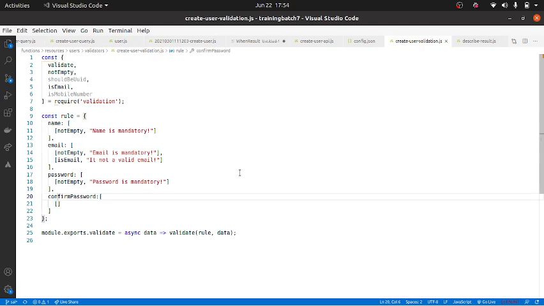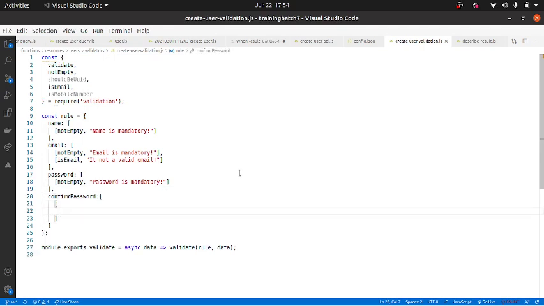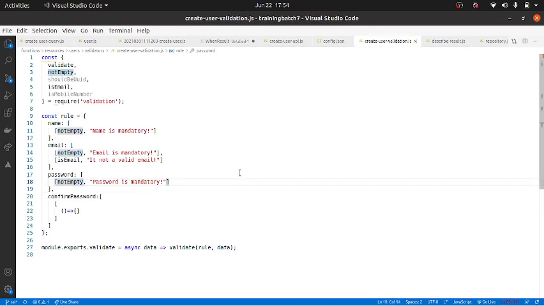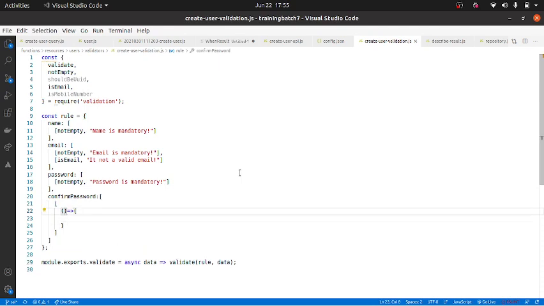So what I can do is, in this child array, it actually takes a method. This is nothing but a method that we have written. If you go to not empty, it is nothing but a method that we have written. You don't have to worry about how it does what it does, but it is nothing but a method. So we can pass a method. Only thing is this method should return true or false. And this method takes two arguments. First one is the value of the property. Second one is the object itself.